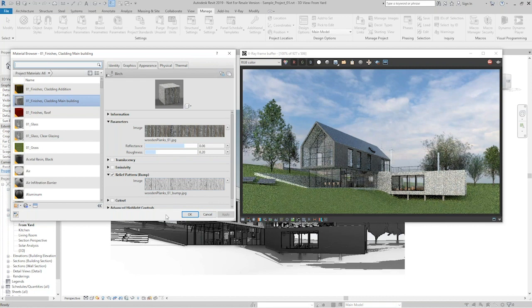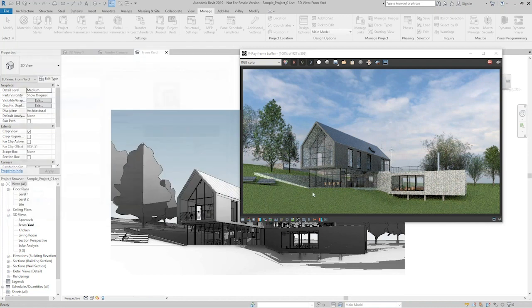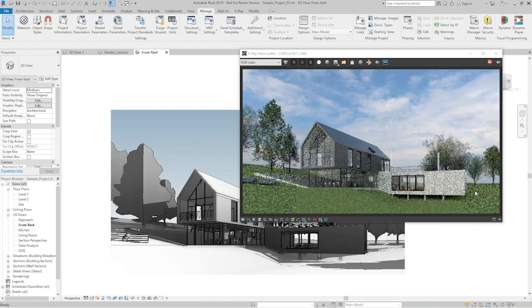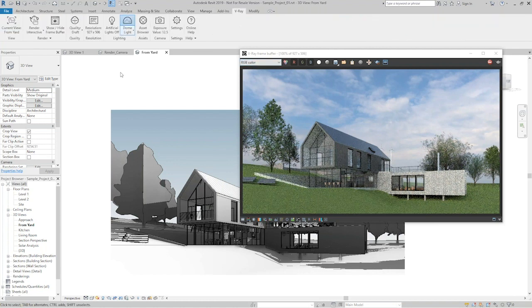And we have set up the building materials. Now, one thing that I see is that after we added the HDR image, we basically can't see anything here on the horizon. So if I go back to the dome light controls,